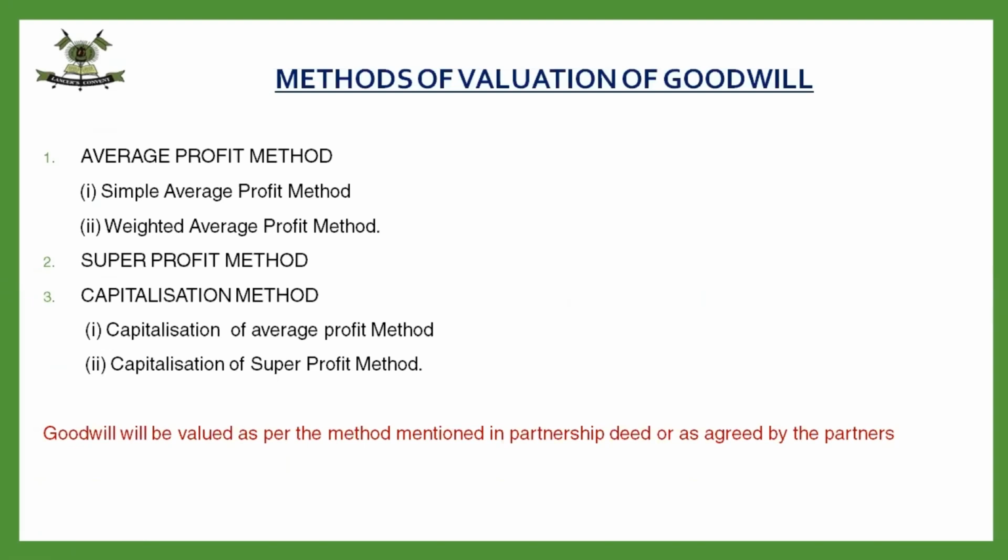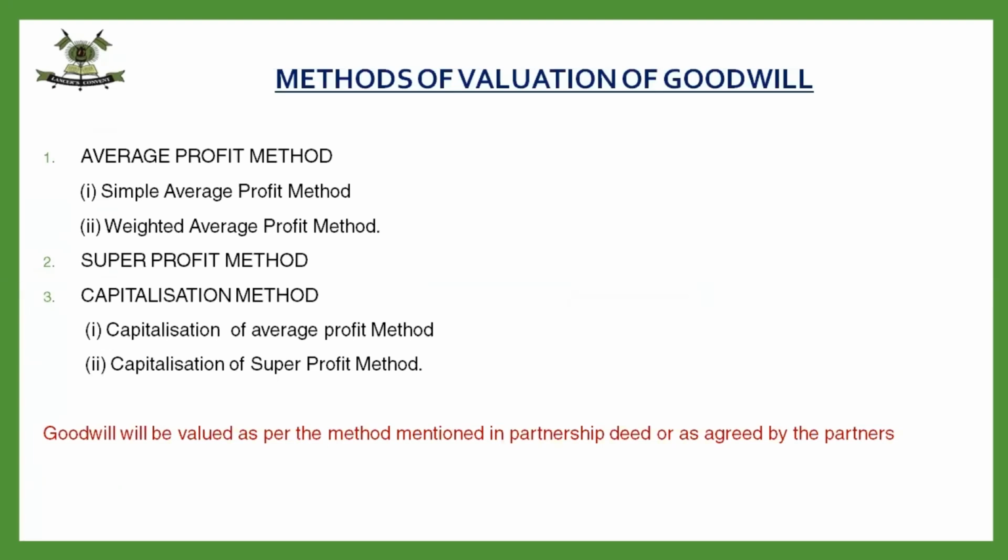And once you have valued the goodwill, we have to learn the accounting treatment of goodwill. Find what is to be done with the goodwill. For that, we have to read the question carefully. Because in admission, as we discussed, the new partner is going to bring in what? He is going to bring cash for capital and another portion of cash for premium for goodwill, because old partners are sacrificing their share in favor of new partners. So he's going to bring premium for goodwill.